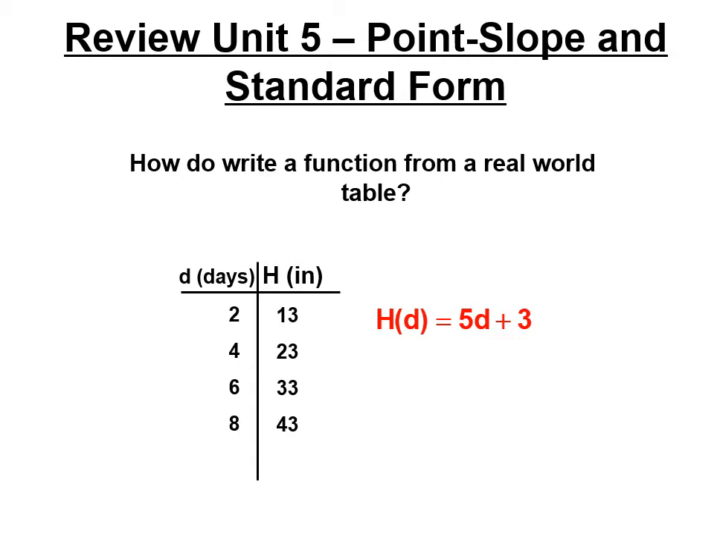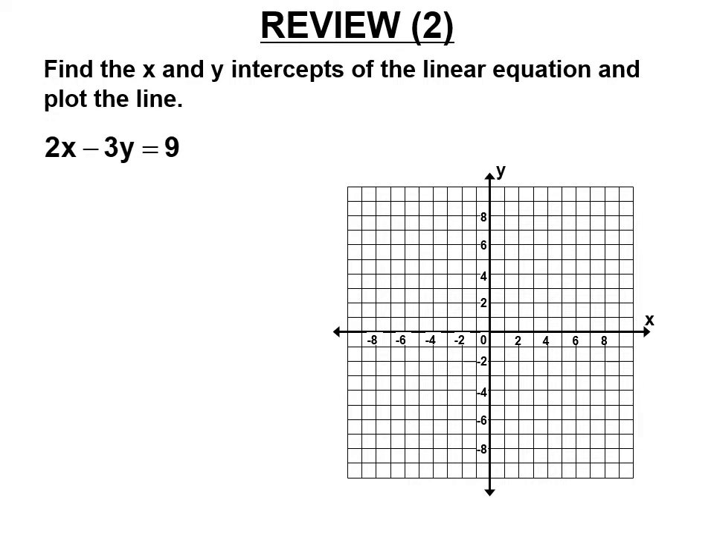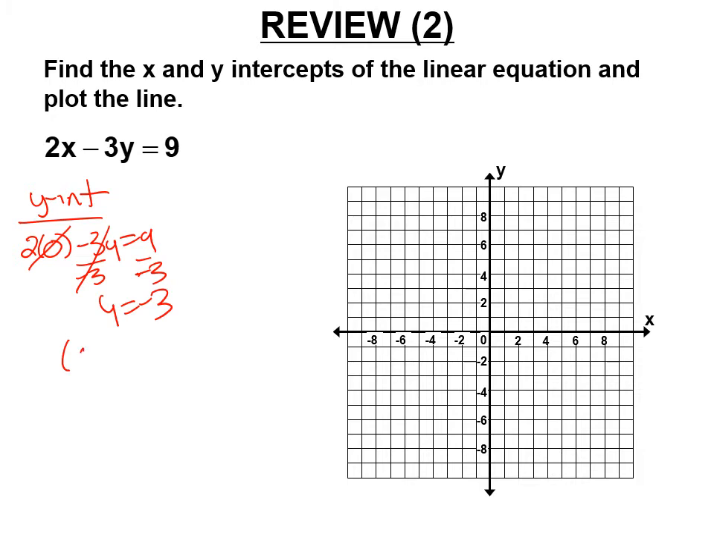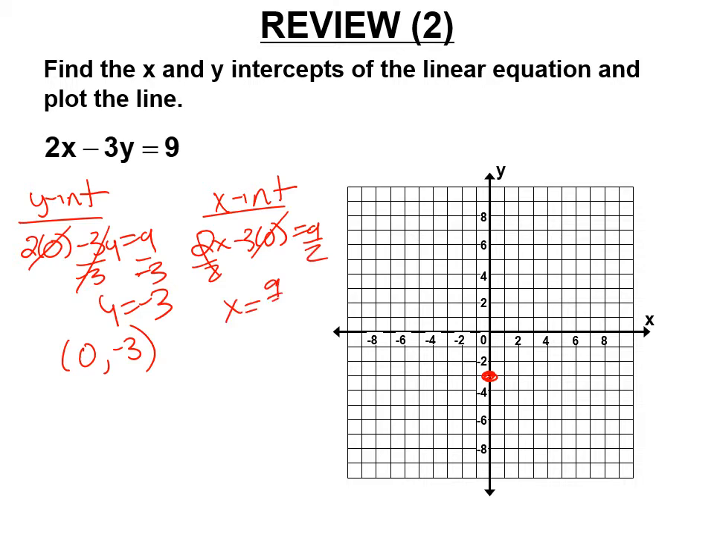Later, we'll write linear functions in function notation. First, let's practice finding our x and y intercepts. For the y-intercept, the x-coordinate equals 0. Divide both sides by -3. y equals -3. The y-intercept is (0, -3). For the x-intercept, y equals 0. Divide both sides by 2. x equals 9/2, which is usually fine, but to write an intercept,